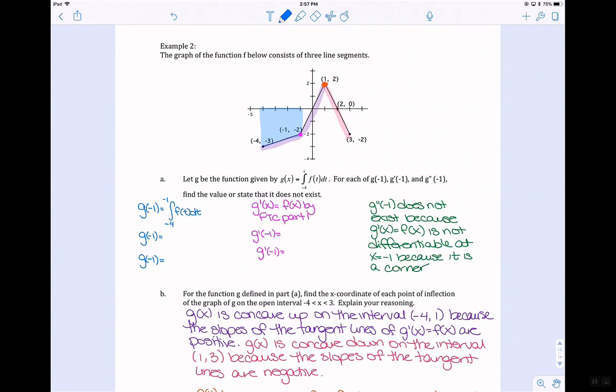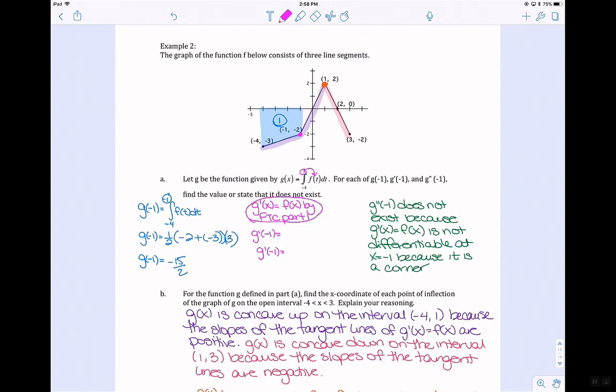So g of -1 puts -1 in the x, which means you're finding the area of this trapezoid that I already colored in. So 1/2 times -2 plus -3 and times the height, which is also 3. So you get 15 halves. Again, by the fundamental theorem of calculus part 1,